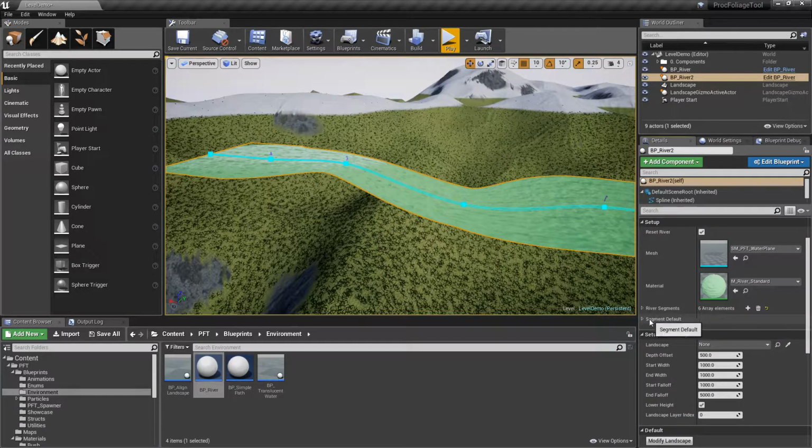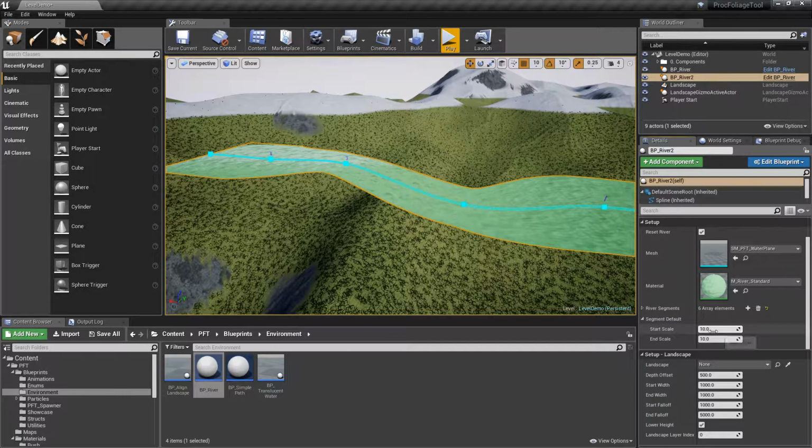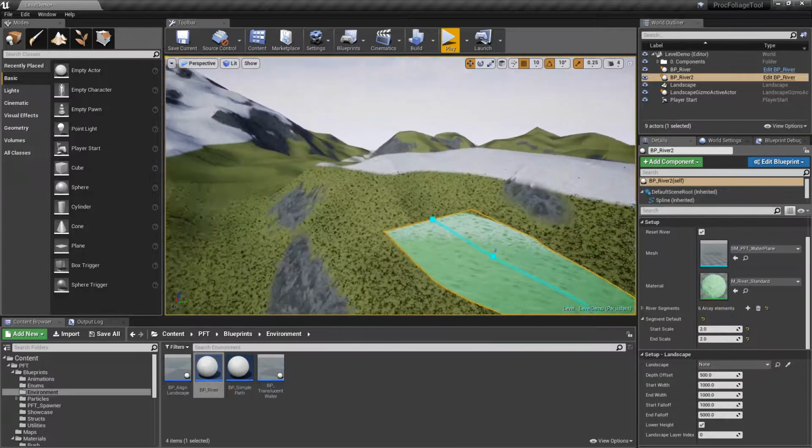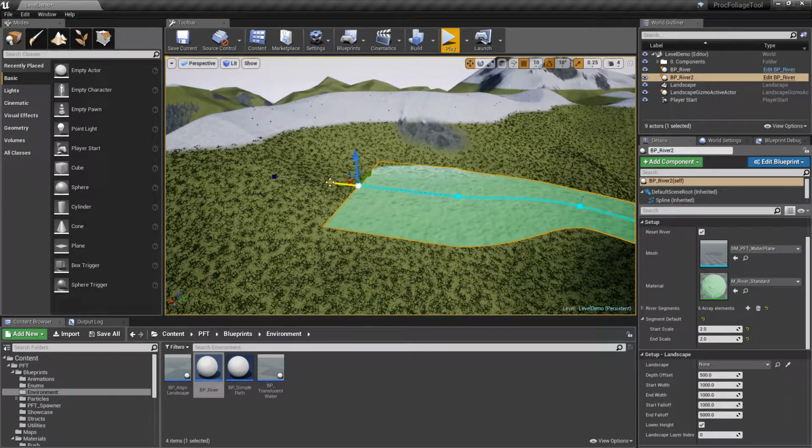There's also segments default, and this is 10 and 10. And this is used every time you create a new segment. The tool will grab this value here and put it into the new segment. So if you change this to 2 and 2, and you create a brand new segment by dragging another spline,